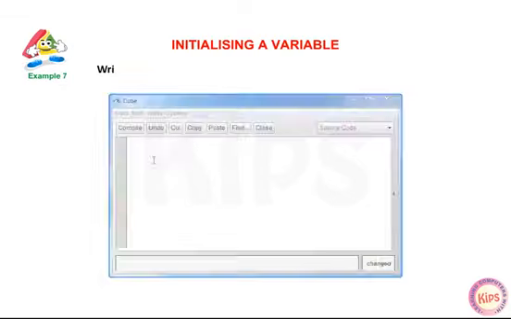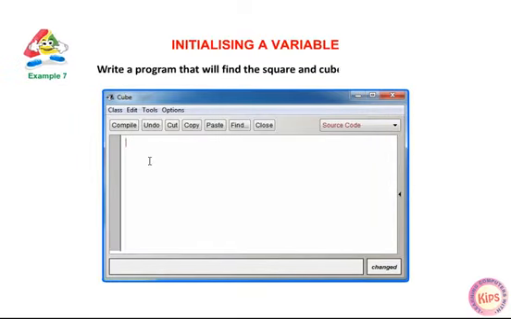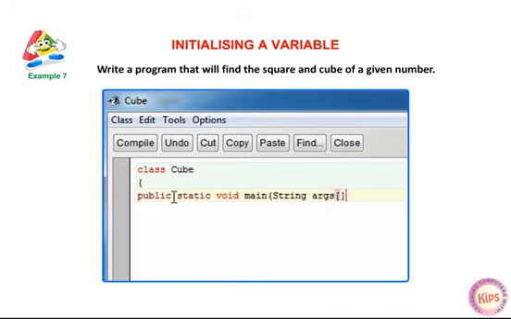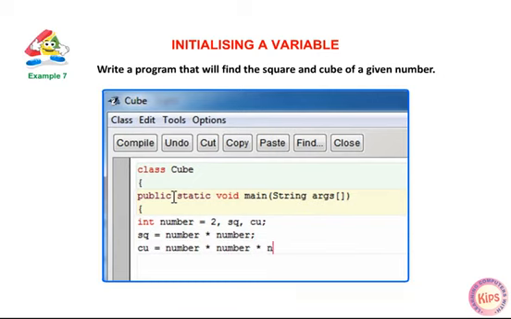Example 7. Write a program that will find the square and cube of a given number. class Cube { public static void main(String[] args) { int number = 2, square, cube; square = number * number; cube = number * number * number;